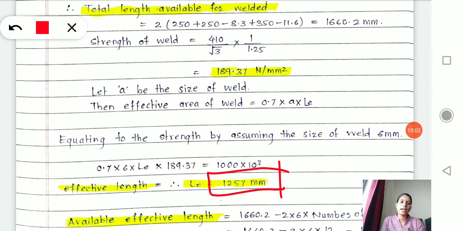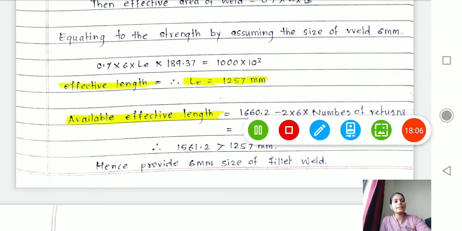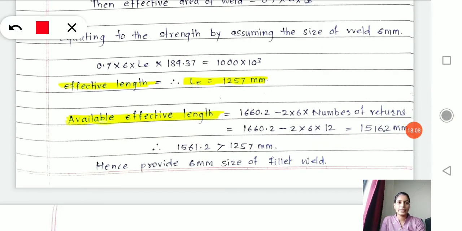But still, I am giving you one more step where I am checking whether the available effective length you have provided is sufficient or not. How will we do that? We will calculate it by using the available effective length.